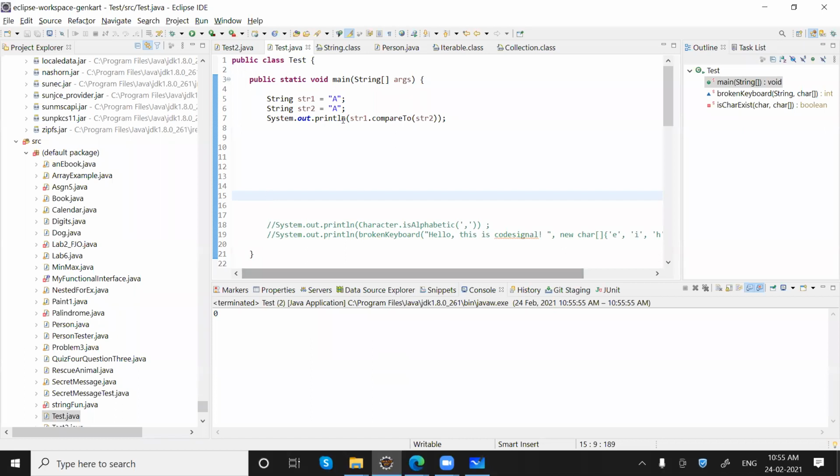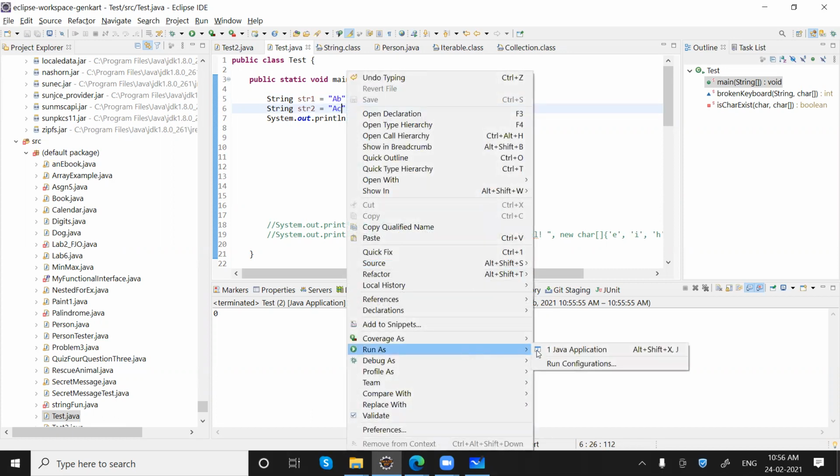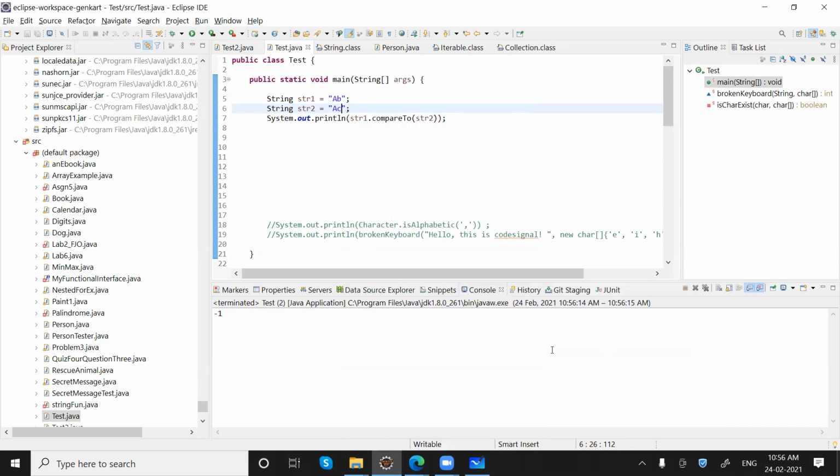Okay, let's say I have AB and we have AC. From this point we can see A and A have no difference, but B and C have some difference, that is basically the -1. So what it does is it first compares the first character, then goes to the second, then the third, and works accordingly. Most probably whenever we use this, we will just be checking whether we are getting a negative number or a positive number. That really matters.